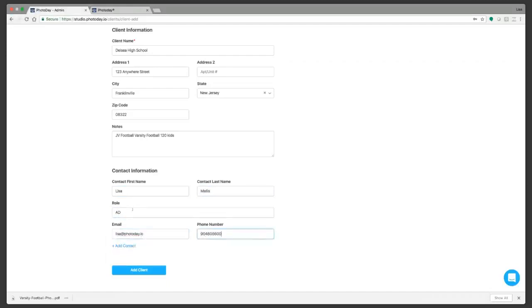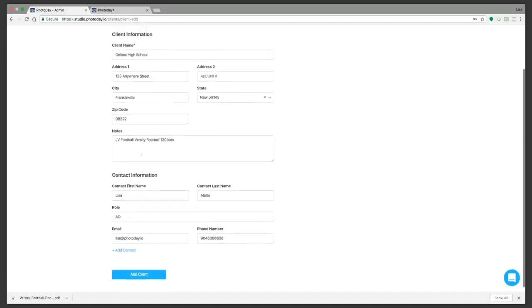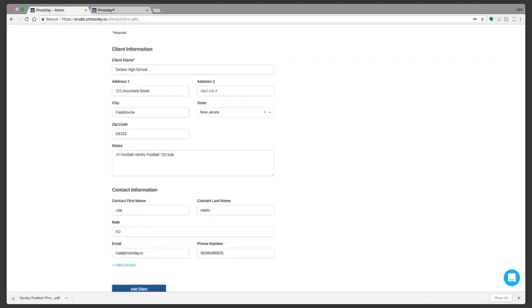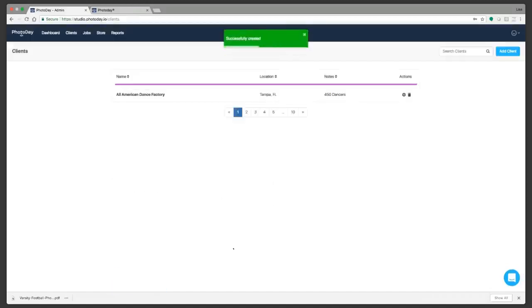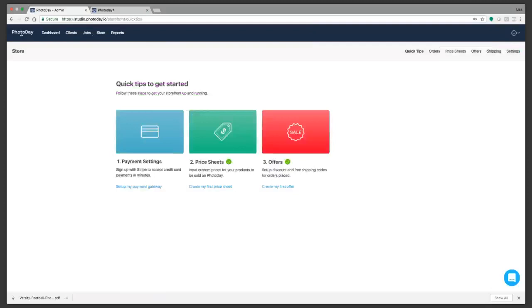And this all has a purpose. So I want to show you guys this. You can add multiple contacts to the same client. I'm going to go ahead and add this now. But you can add multiple contacts to the same client. And what I mean by that